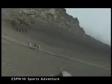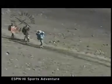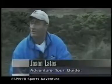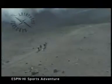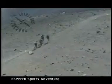Maui's amazing. It's got so many different climate zones. This little rock in the middle of the Pacific, I can travel from one side to the other and be in another world. I mean, look around you right here. We're on the moon. It's a great feeling just to disappear and have your home on your back. You can come out here for a day or come out here for a week and literally just kind of